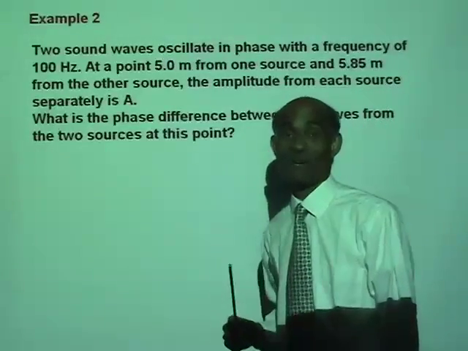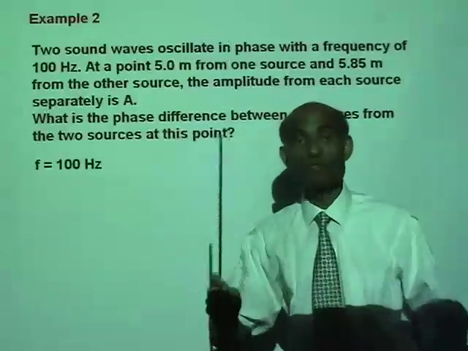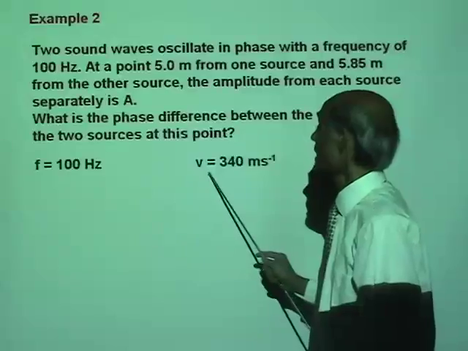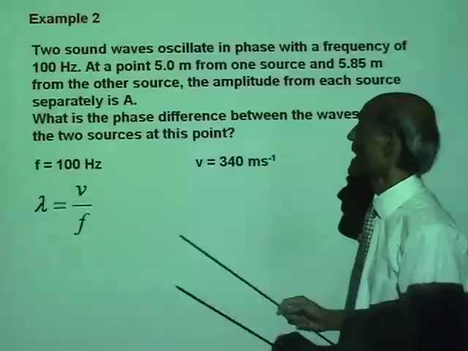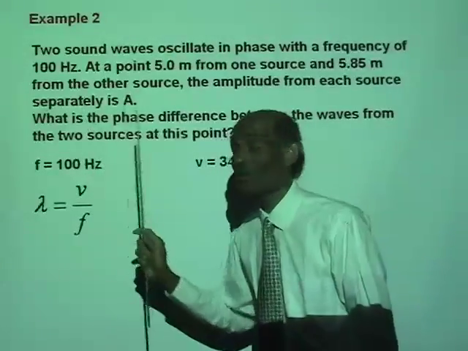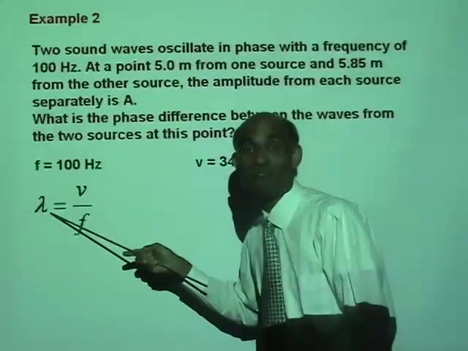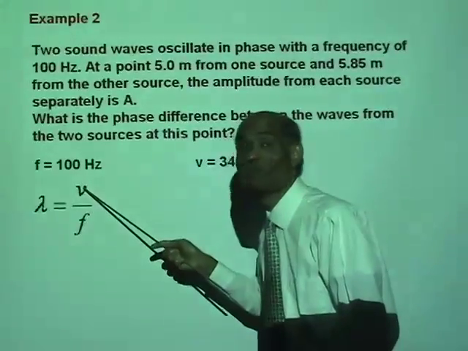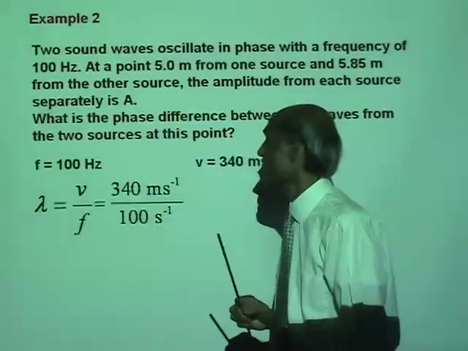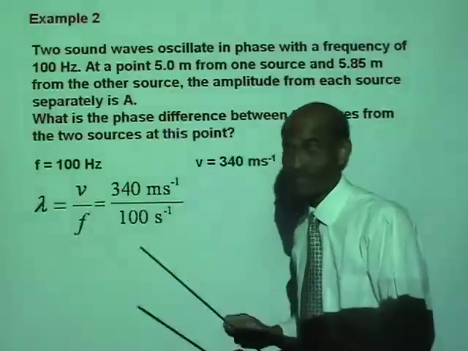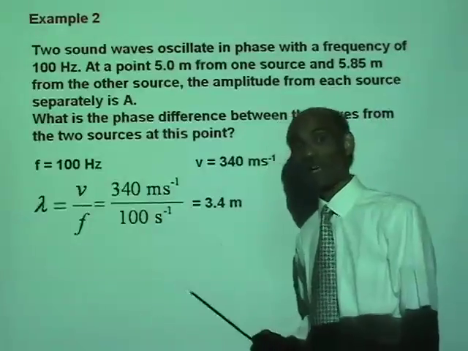Well, what are the given data? The frequency of the sound produced by both sources is 100 Hertz, and you know the speed of sound is 340 meters per second. That means we can calculate the wavelength. Once you have the frequency and the speed of the wave, we can calculate the wavelength. Wavelength lambda is V over F. That will be 340 meters per second divided by 100 per second, which is 3.4 meter. Okay, now tell me,